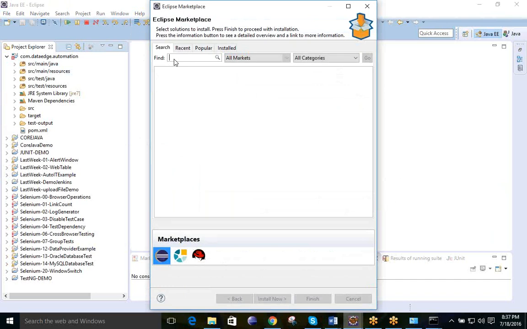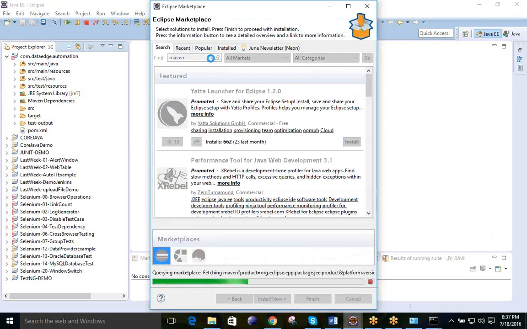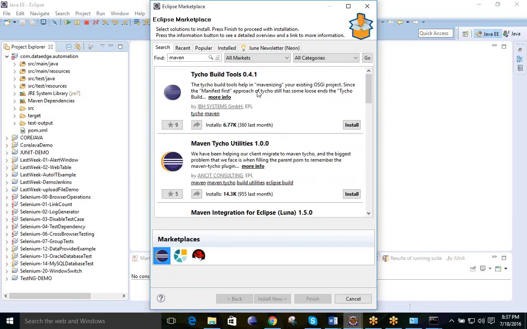Now in this search box you need to type Maven, click OK or enter. It will give you information on whether Maven is compatible with your Eclipse or not. There may be some issue also, because earlier we had the direct link and could download directly, but they have modified the scenario over here. So you need to be sure. First you need to search over here.